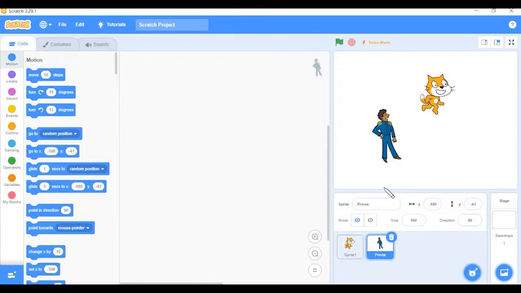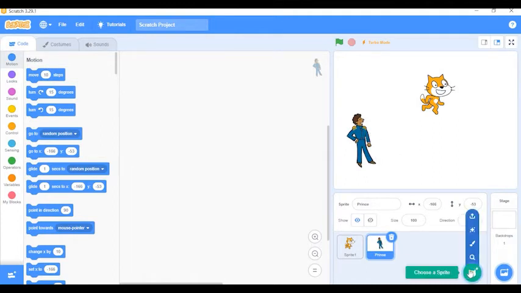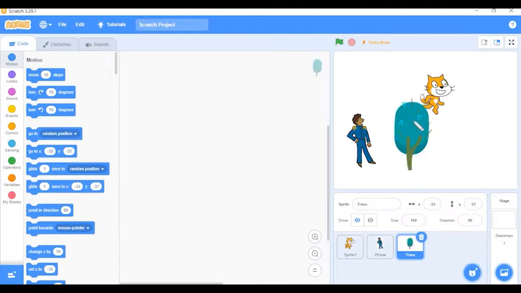You have surprise. If you click, you can get any. No, we don't know, you are not sure. It can give you anything. If I go to surprise again, I will see a tree. He's talking to the tree or what? Maybe. Now if you want this sprite to be bigger,